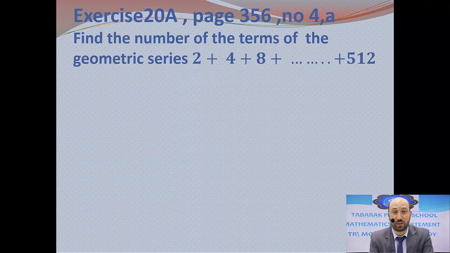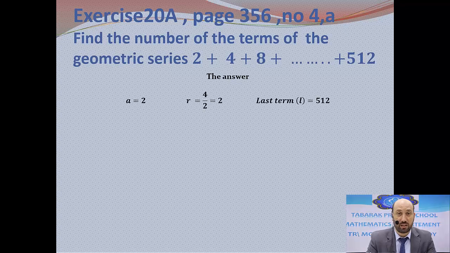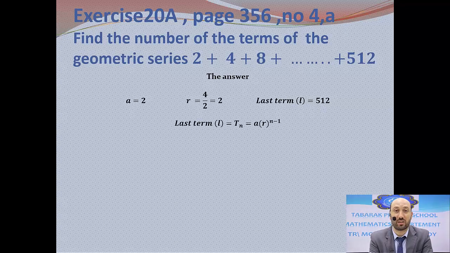For exercise 20a, page 356, number 4a. Find the number of the terms of the geometric series. To find it is easy now, the same idea of what we studied before in the arithmetic series. If we have the last term, it is the answer key. So for the answer here, we have a equals 2, r equals 4 divided by 2 equals 2, or 8 divided by 4 equals 2. And the last term which we have is 512. To find the number of the terms, we are going to use the general term. Last term equals